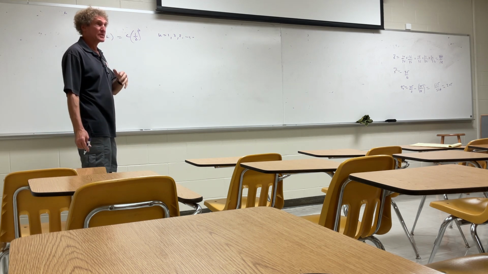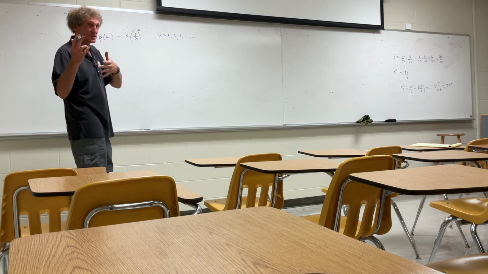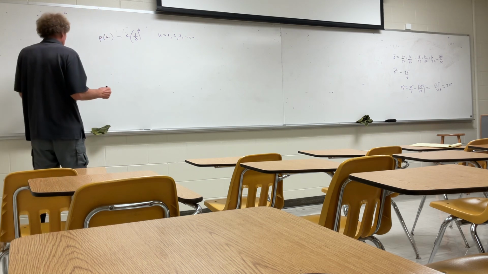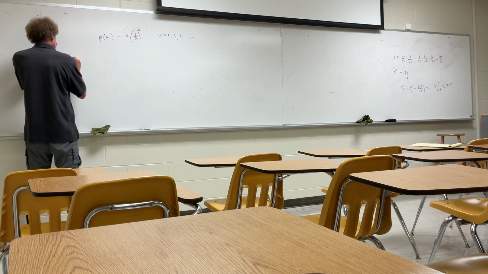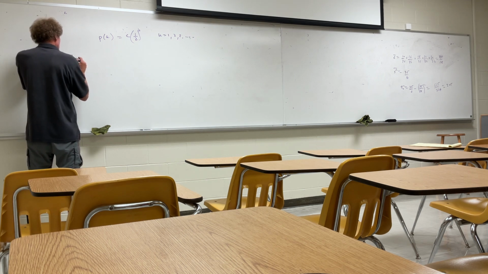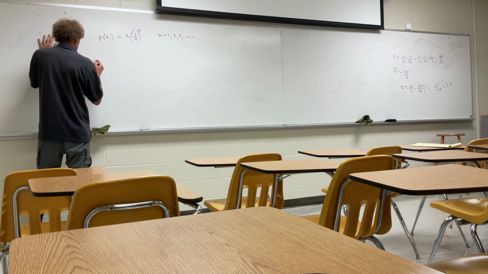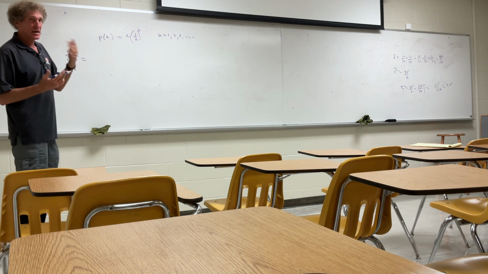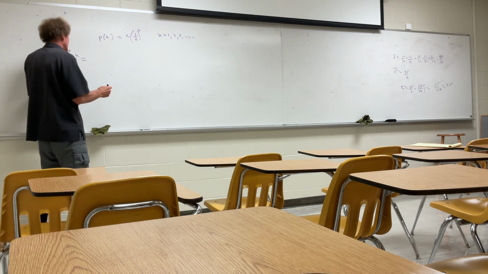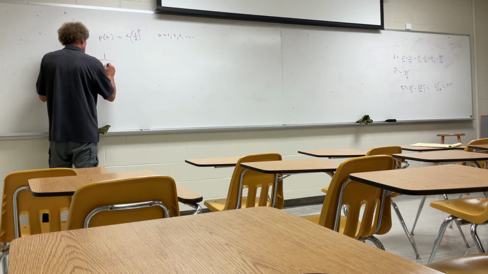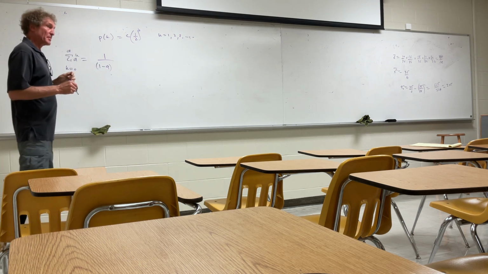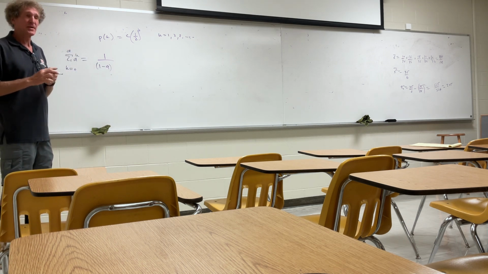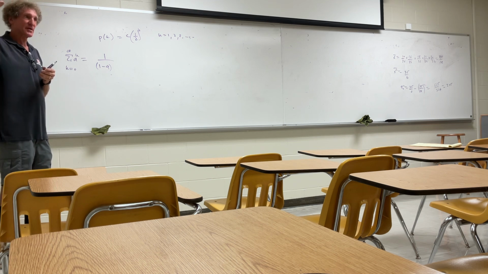So that's the reason from the first lecture where I did those summations, just listen to me. I did the thing where if you have a summation of A to the K, first I had K equals 0 to infinity. I did this because it's a geometric series. Anyway, it ended up being 1 over 1 minus A, if this goes to infinity. Do you remember that? This is necessary for this one.